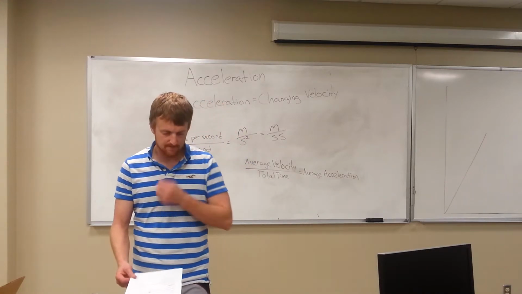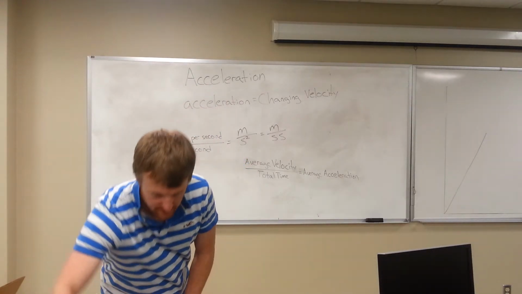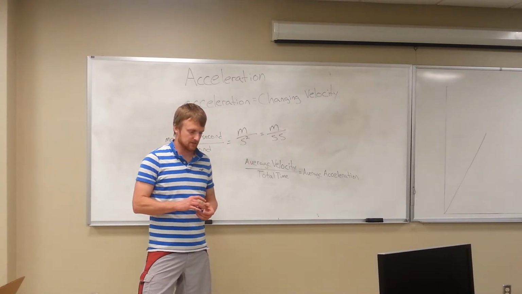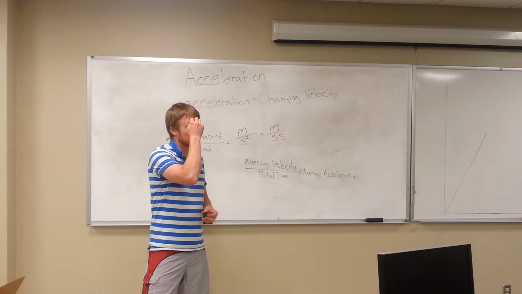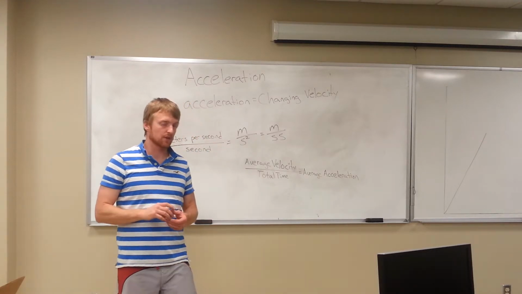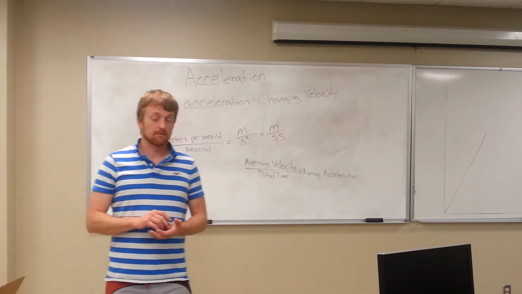Uniform acceleration is basically a constant acceleration in one direction, right? So if something is accelerating at 25 meters per second every second, then